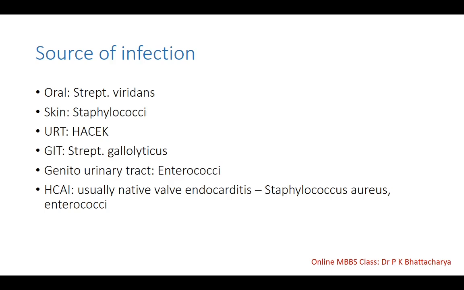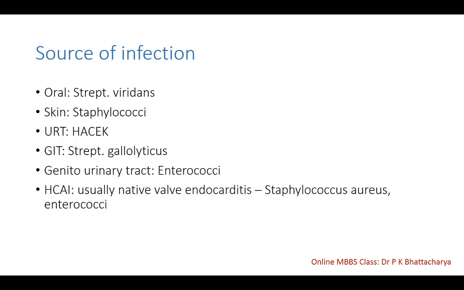Now if we summarize these organisms, from where do they come into the bloodstream? Because in the pathogenesis, the organisms invade the endocardium after entering through the bloodstream most of the time, except sometimes post-operative or post-surgical. So from where are they coming? From the oral cavity. The Streptococcus viridans comes from the oral or oropharyngeal areas as commensals,